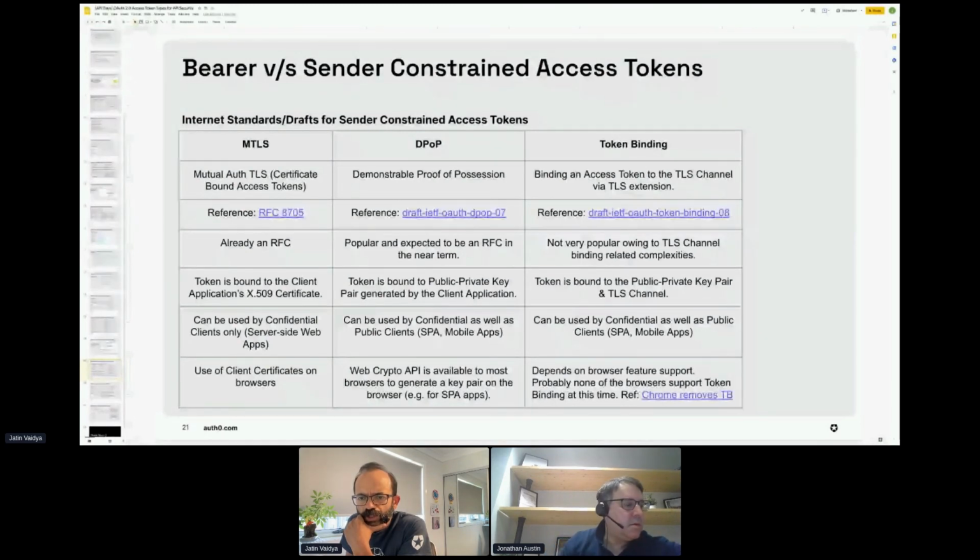So Abdul is asking, what is the best token type or format to use to secure a connection between two web services that communicate over the public internet? If it's service to service communication, not on behalf of any particular end user, then you would use the machine to machine access token.